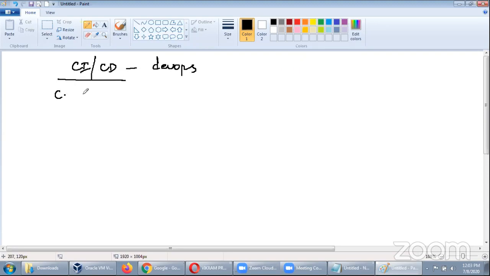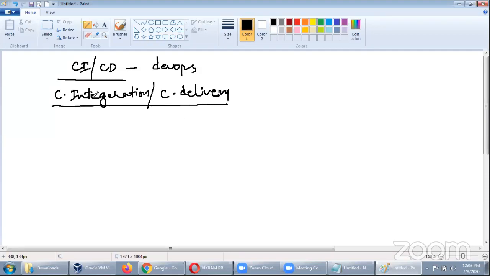The meaning of CI is continuous integration, and CD is continuous delivery. Continuous integration, continuous delivery. It has a lot of meaning, guys. This discussion itself will take 2 hours.